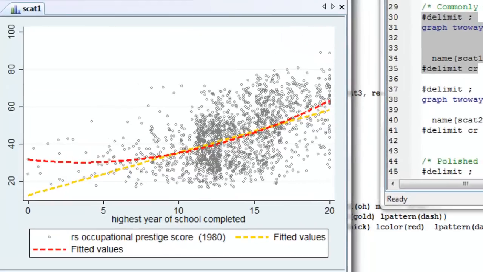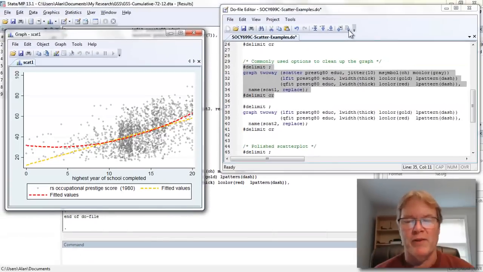So I'm pretty happy with this. I think it accomplishes what I wanted it to do by making these lines stand out, by making the points recede into the background. But you may still find the points distracting. And there's really no reason that we have to plot the points. That is, these fitted lines are giving us a description of what's going on on average in this relationship between these variables. So if you look at the next couple lines of code, particularly between lines 38 and 39, you can